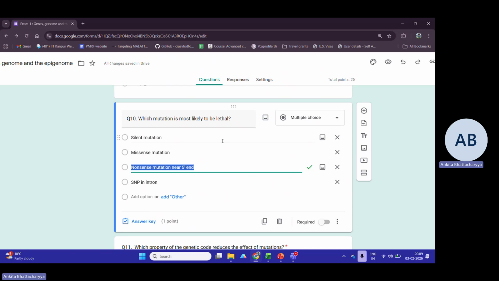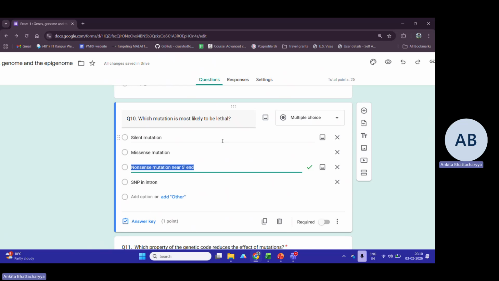say for example, a silent mutation of course will not make much difference, but let's say there's a missense mutation, it is very probable that the missense mutation is going to be very lethal if it is an oncogenic mutation or an altering mutation which completely leads to non-functionality of a protein. That is certainly probable, and possibilities are endless in this context. But the question has asked you for the most likely option in this case,